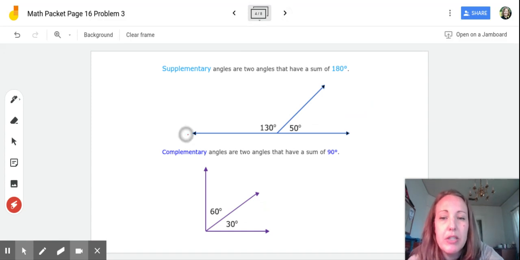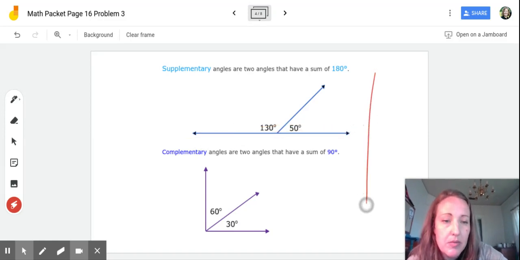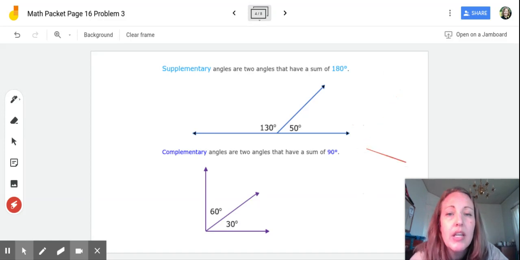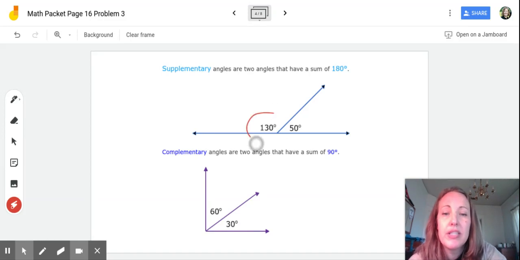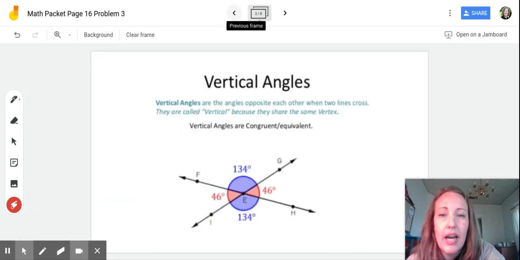So supplementary angles form a line. Now, sometimes that line's flat like this. Sometimes it's on the side, right? The angles add up to 180. Most often when you see a representation of this, you see it with two angles that add up to 180. But you'll notice in our problem,